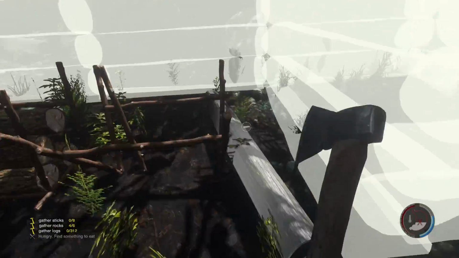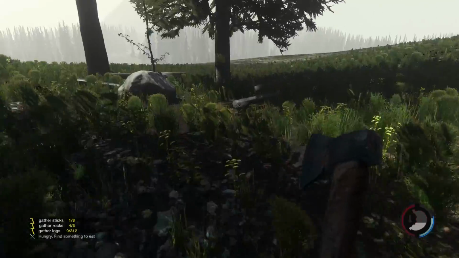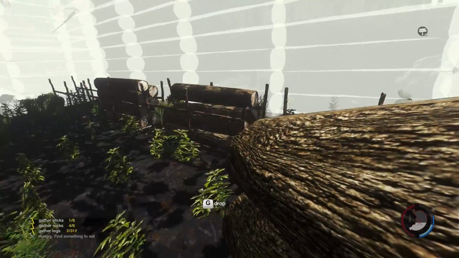So each log holder holds 7, I believe. So that's good and bad, because it's not an even number, so we can't really...